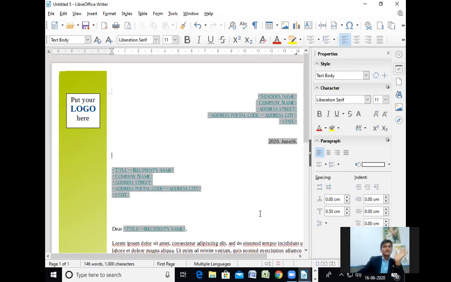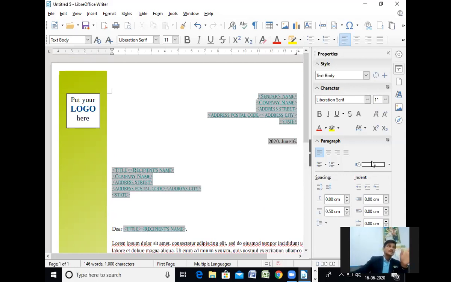Okay. Now I am going to explain about setting the default template. Default means whatever is there, we can keep the same. That is the default. Once you open it the first time, it will come on the screen. That is the default template. Suppose you create a document by choosing File, New, Text Document from the menu bar. Writer creates the document from the default template for text documents. You can however set a custom template to be the default. You can reset the default later if you want to choose.